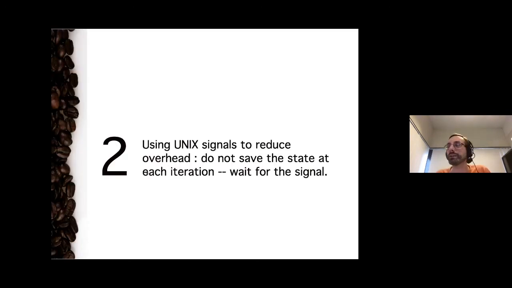So let's try to do something a bit better. Instead of saving the iteration at each iteration, let's try to do it when it's useful. And when is it useful? In the previous case, you don't care to save the state every second. What you really care about is, oh, I'm quitting the program now because I'm doing Control-C, so I'm killing my program. That's the time where it's interesting to save, and all the other ones are basically a waste of CPU time and I/O access. So how do you do that? How do you treat that information? Oh, my program is going to be killed now, actually.